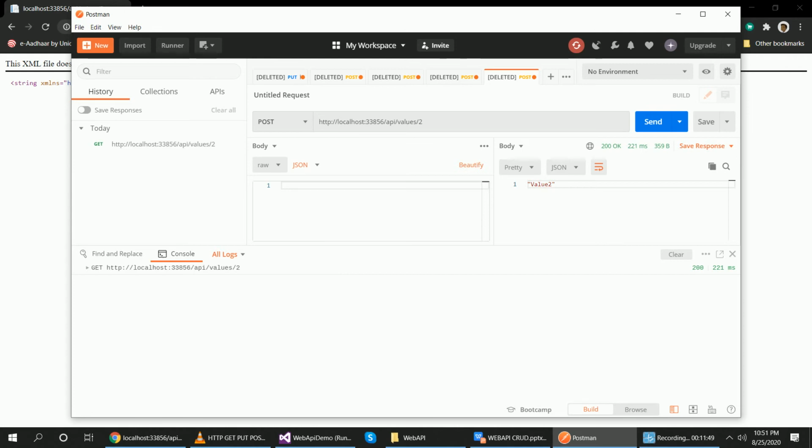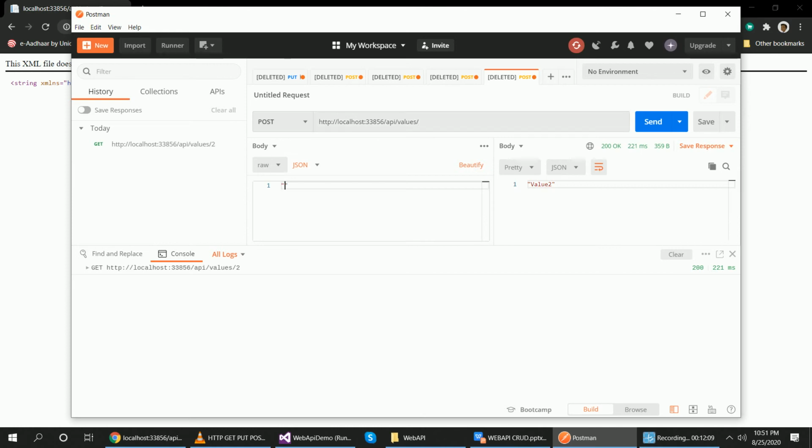Okay, now I want to post data, and when you want to post data, it means you want to create an extra string. At that time this ID is not required, so I will delete it. I have deleted it. Now add the string. What do you want to add?